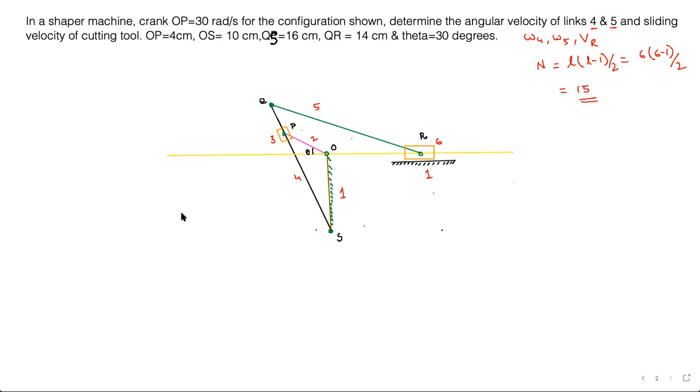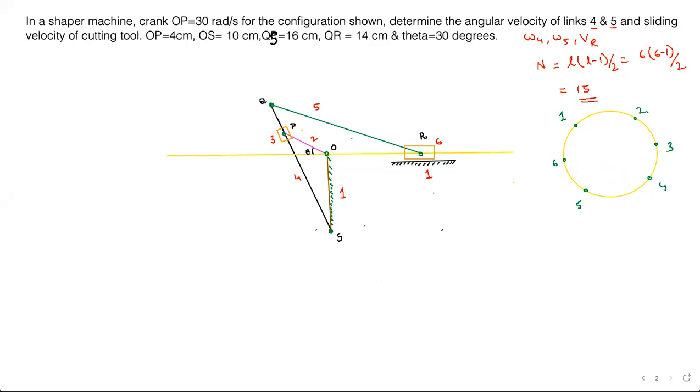Now, what are those instantaneous centers? I told you that immediately you can put a circle. You have a circle method. Immediately put a circle. First thing is put a circle. Now plot an equal number of points based on the links. So total 6 links, so I can plot 6 points, right? So here is 1, here is 2, here is 3, here is 4, then here is 5, and here is 6. So total 6 points are plotted. Number them 1, 2, 3, 4, 5, and 6.